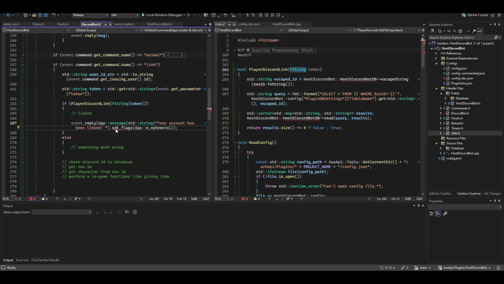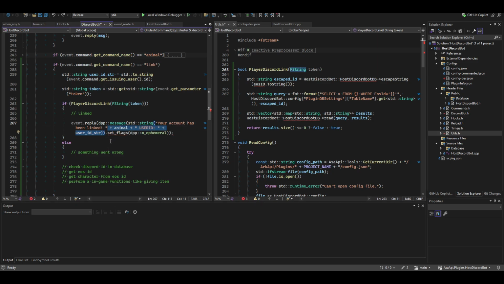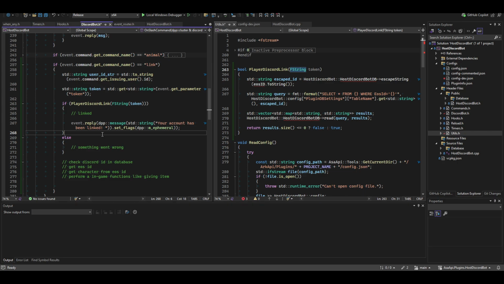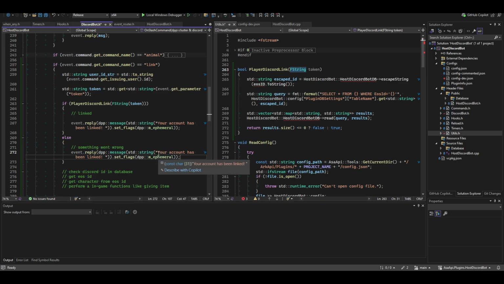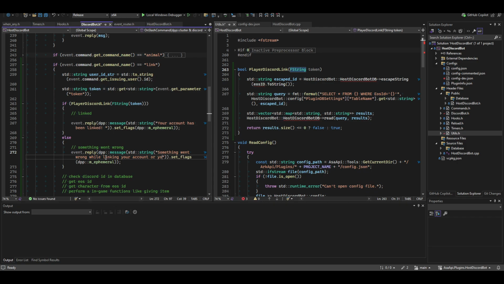Ephemeral is like this. Wait, did I mess up? I messed up one open and close parenthesis right there. So we are sending only to the guy that sent it, so no one will know. No other guys. Okay? Then something went wrong while linking your account,